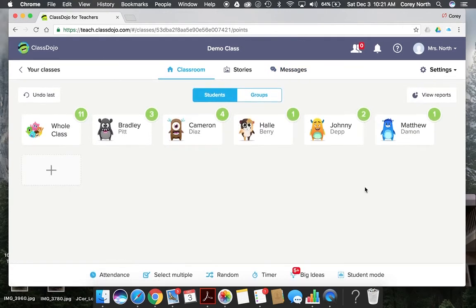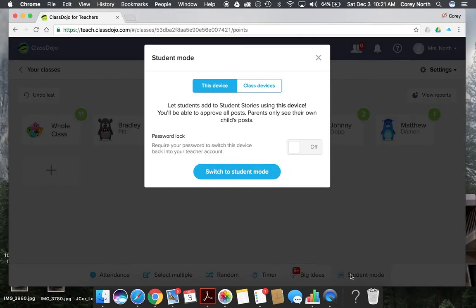All right, so if I go down here to student mode, this is what I was referring to earlier. If I wanted them to get on student mode and add something to the story, it would be this device that I was using, or you can use a class device. This device, and I don't want them to be able to go back to teacher mode, I simply put a password on. So I would have the password on, switch to student mode,